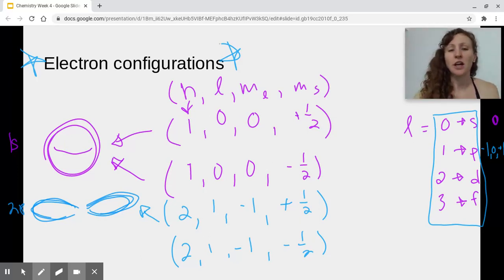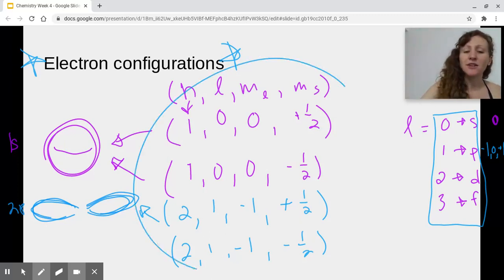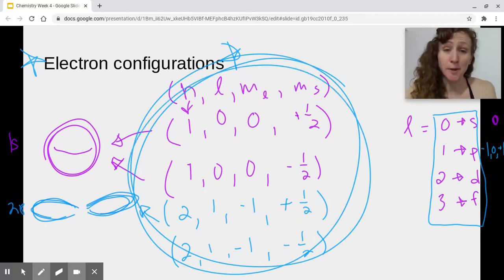So hopefully by talking you through the quantum mechanical model and quantum numbers, you have this picture in your mind of what it is and where it came from. And now what we can do is we can talk about electron configurations, and you will be able to make the connections without having to do the whole quantum number shebang on your own. Okay, so